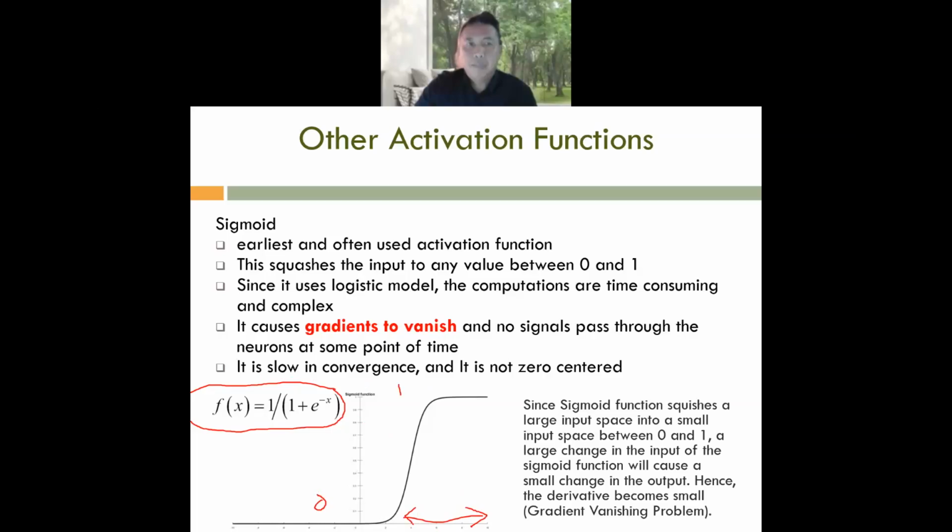That's why it is called slow in convergence. It causes the gradient to vanish, meaning that any changes of x will not change y a lot because you have a wide range of x here. And this is very steep, similar to if you have a graph something like this, so any changes of x here will only change